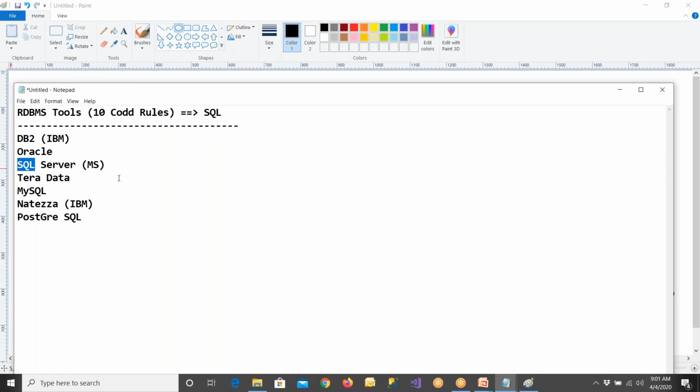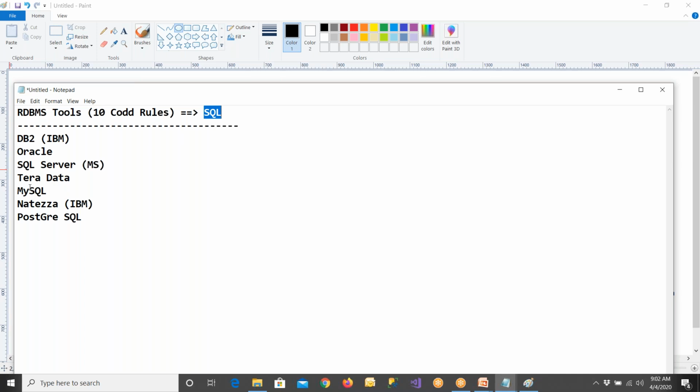Your name is also Trump, my name is also Trump, but we cannot become presidents of America. So never say that SQL is equal to SQL Server. SQL Server is a software name. Inside this software, we are going to use a language called SQL. We will provide commands with the help of SQL. SQL stands for structured query language.